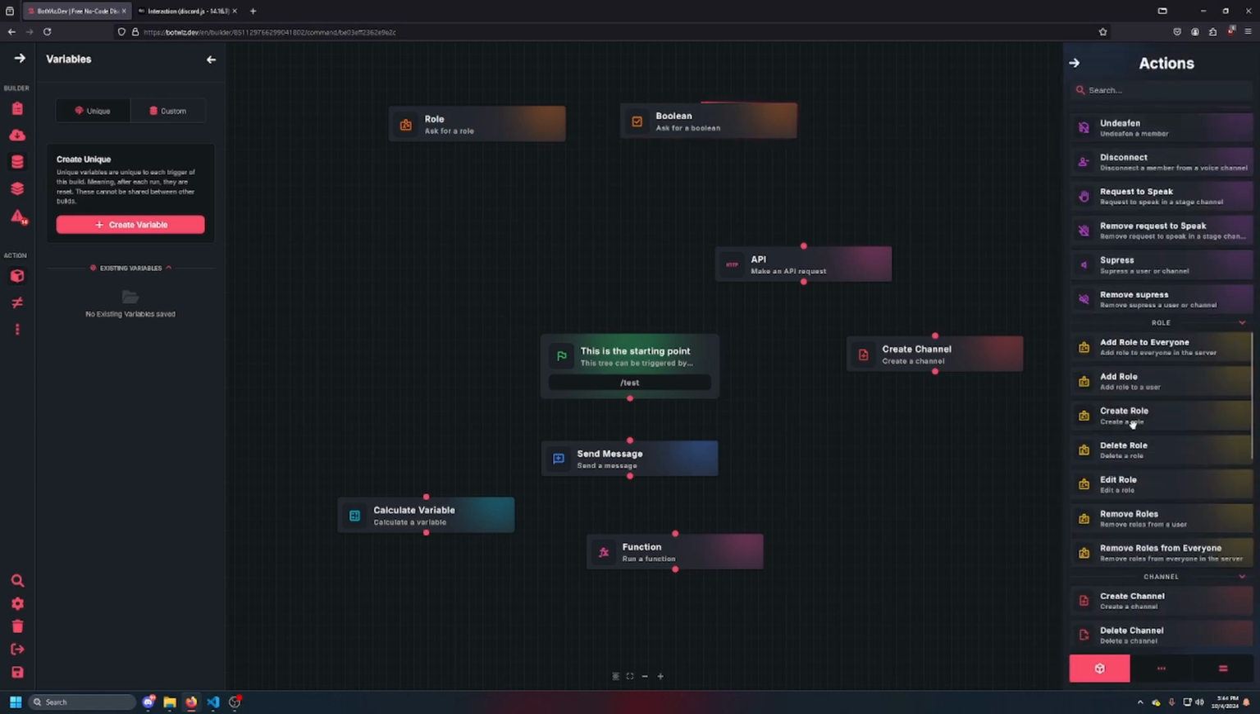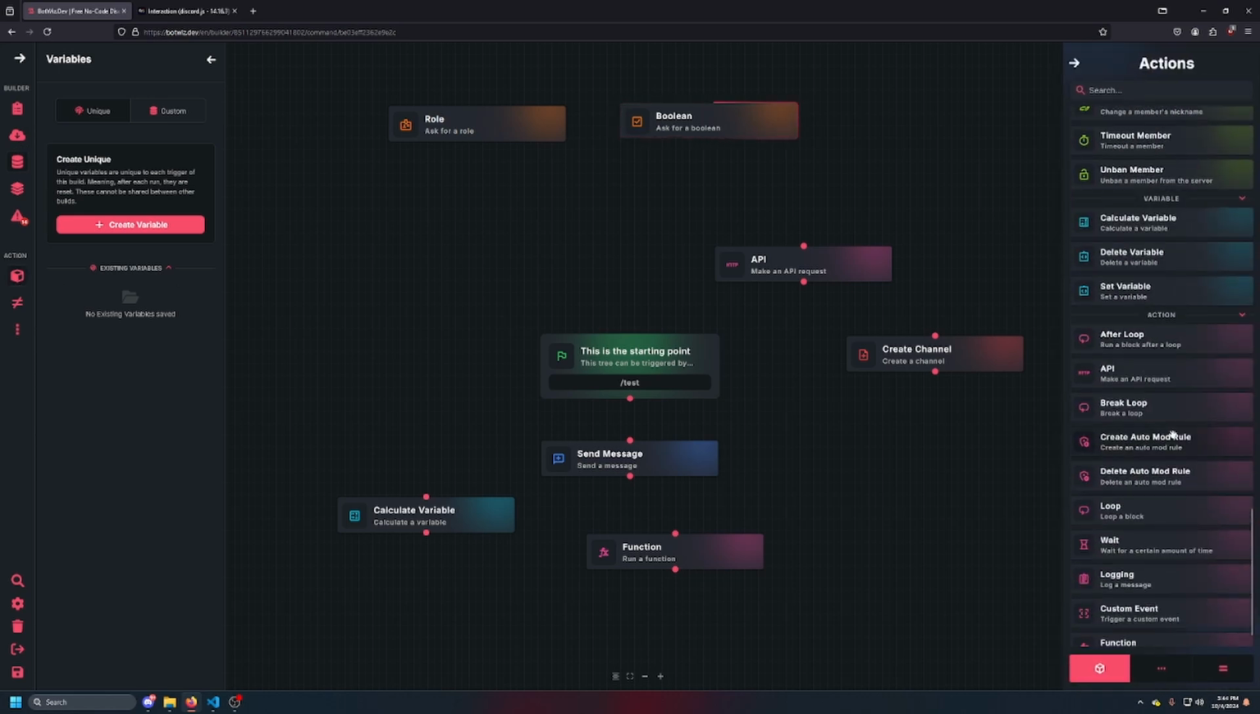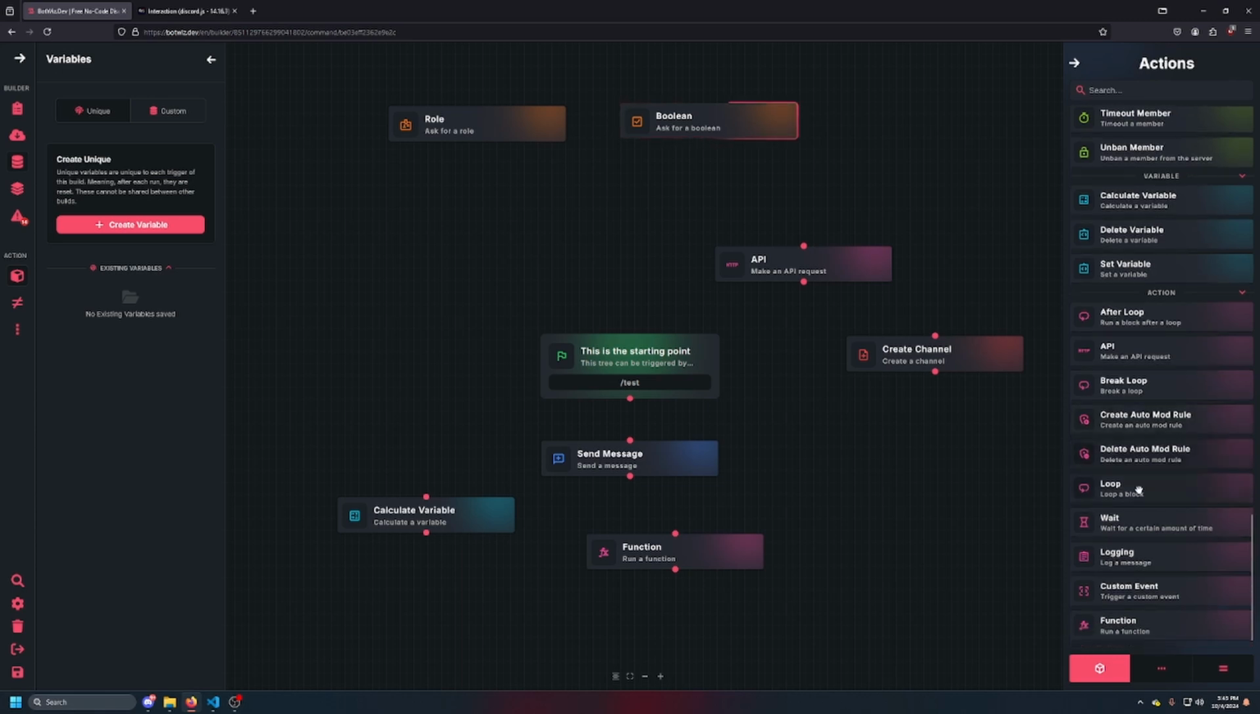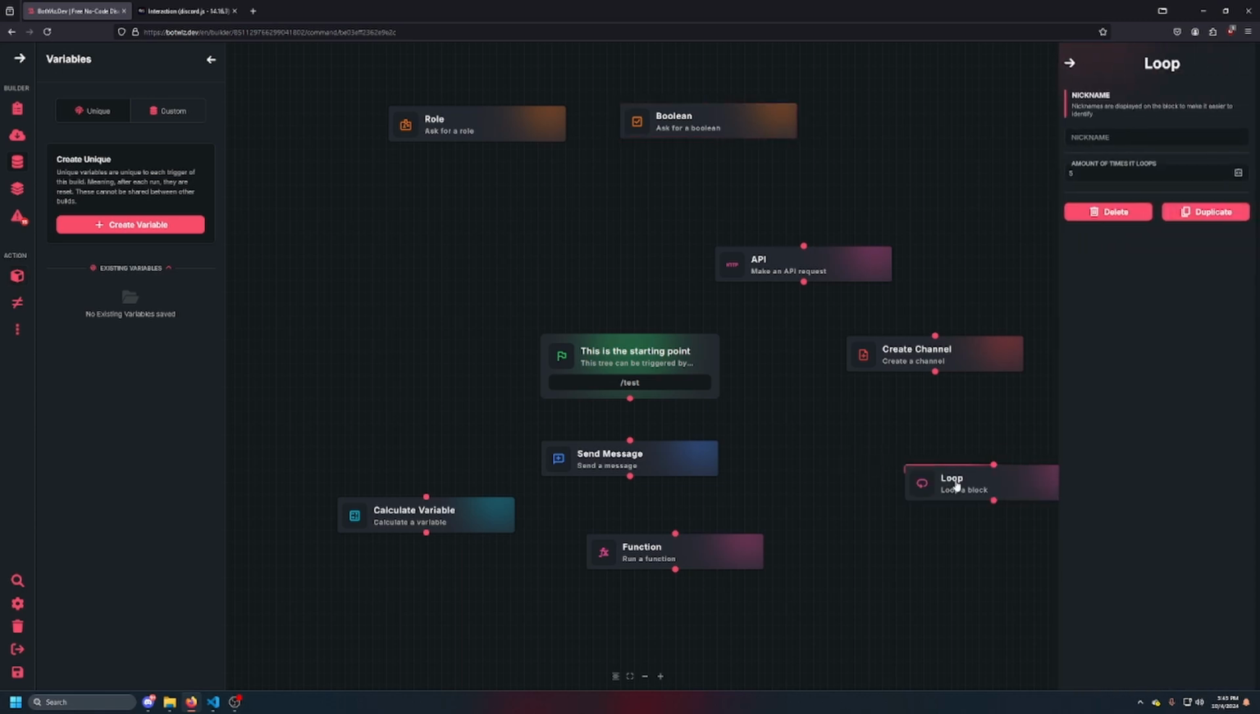We don't really have any other variables except for loops, I'm pretty sure. No, we don't actually have them for loops anymore. Okay, well,